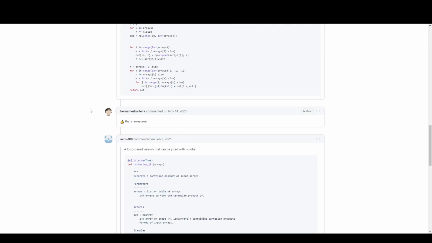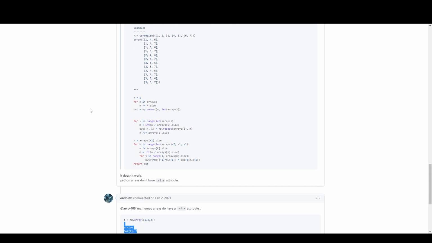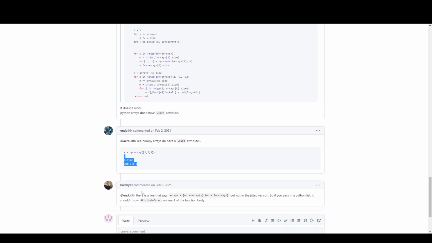Actually work? It doesn't work. Python arrays do not have that size attribute. There is a line that says arrays equals np.asarray(x) for x in arrays, but not in the JITted version.